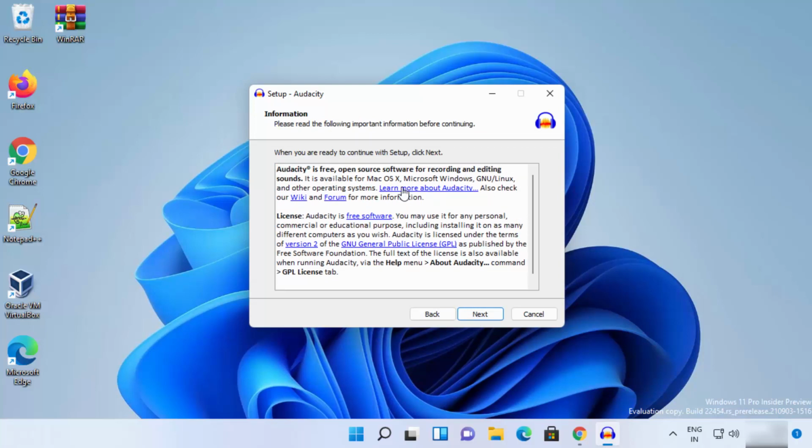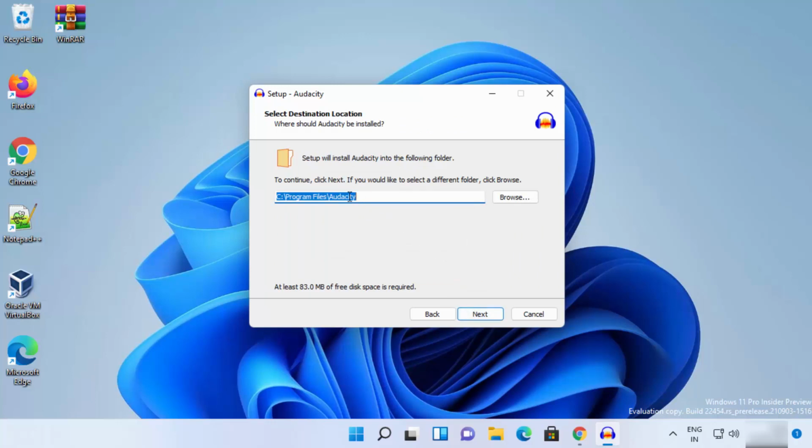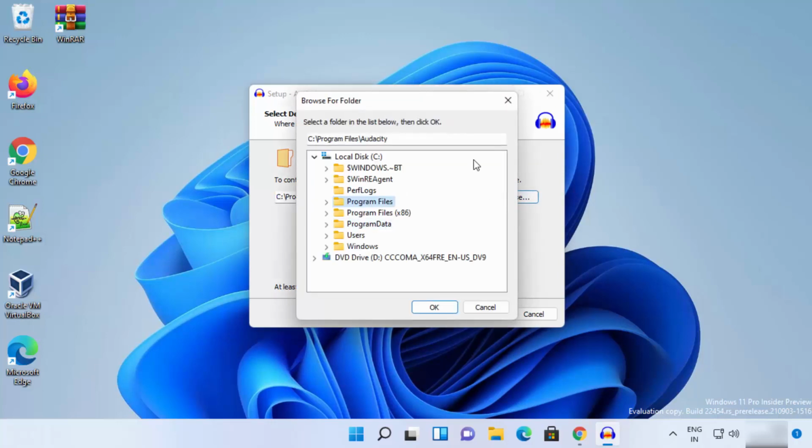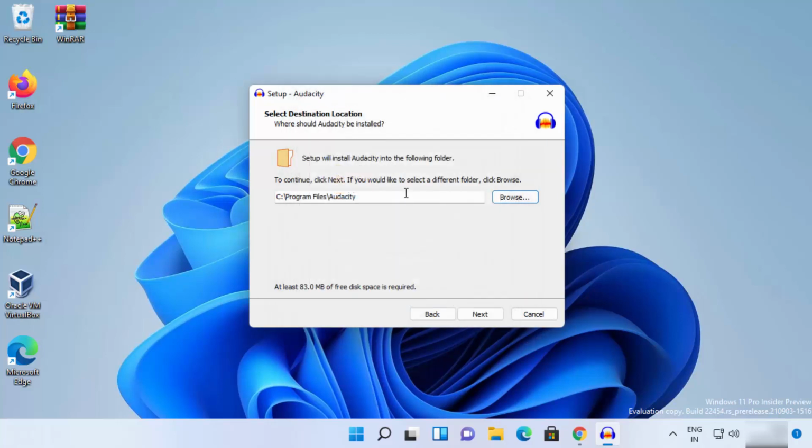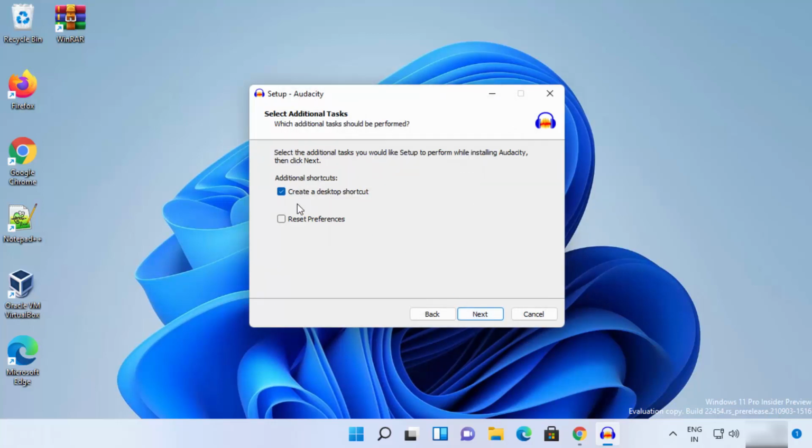and this will be the license terms and conditions. So if you agree with those license terms and conditions, click on next, and this will be the default location where Audacity will be installed. So if you are okay with it, you can just click on next. Otherwise you can change the location where you want to install Audacity using this browse button and selecting the path of Audacity. I will leave it as default and then click on next,